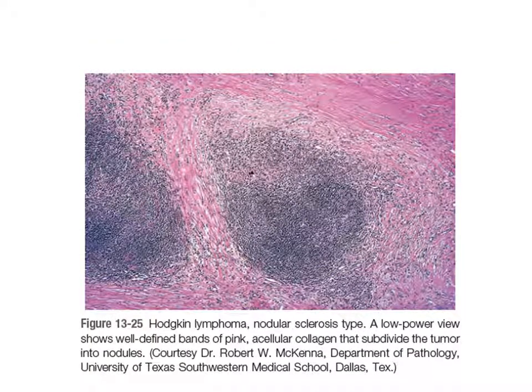Hodgkin lymphoma, nodular sclerosis type. A low power view shows well-defined bands of pink acellular collagen that subdivide the tumor into different nodules. You can see two big nodules here, and this pinkish band is collagen. This is dividing the tumor into different nodules. This type of histology we will see in nodular